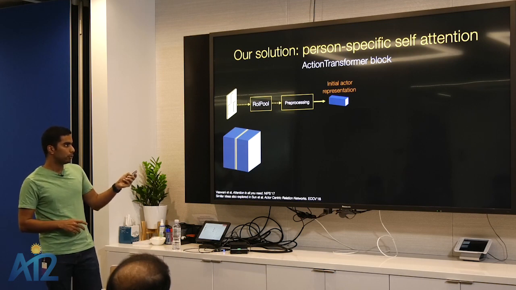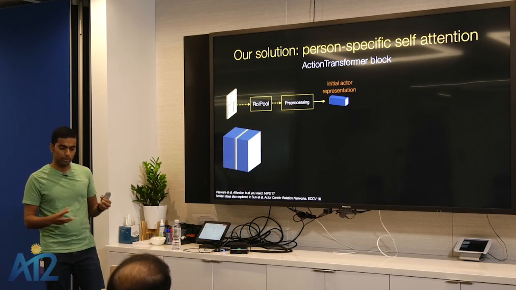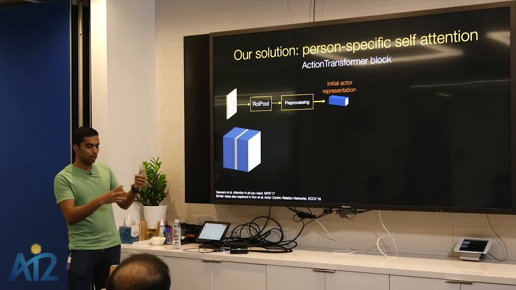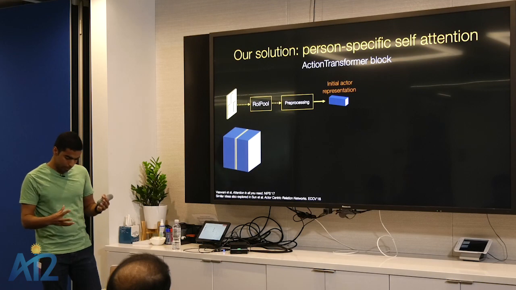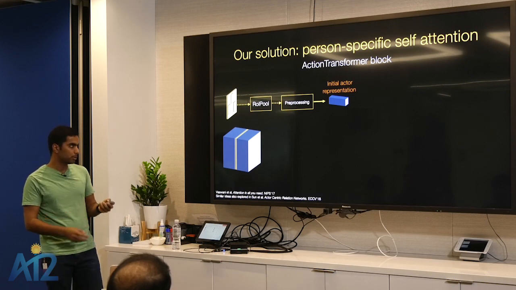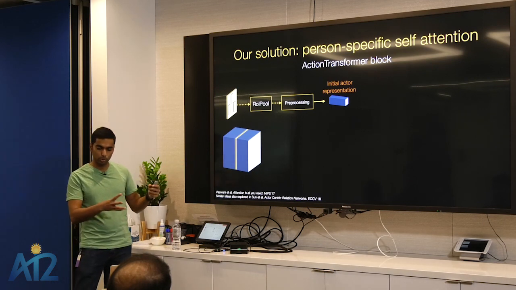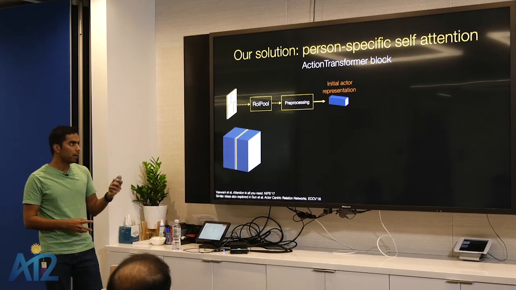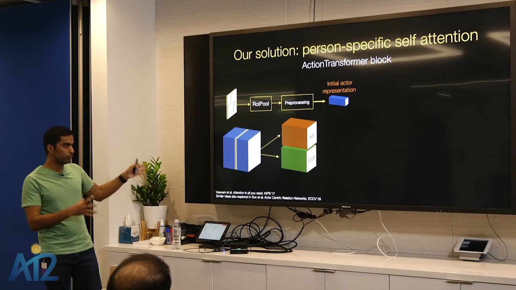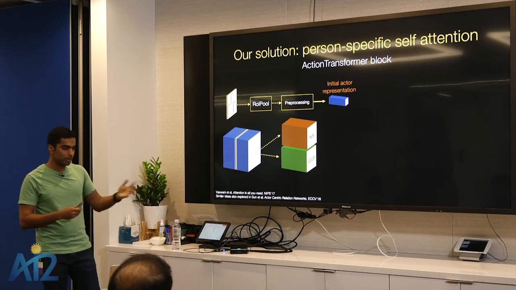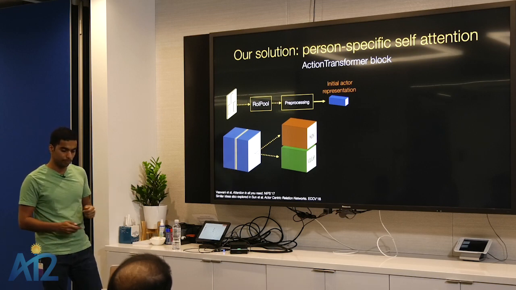All right. So the setup here is that the initial part is pretty much the same. We have the ROI pooled features, which give us what we call an initial actor representation. ROI pooling will extract the feature corresponding to the person, which is our starting point. And we have the full video feature, the spatiotemporal feature map we get from passing the full clip. Now we take the full feature map and project it into key and value features. These are just linear projections of the original video feature.